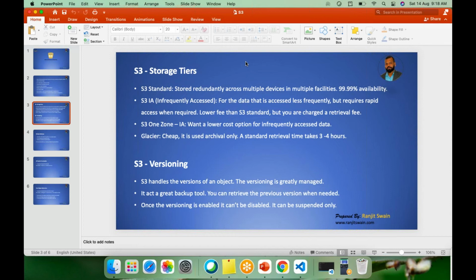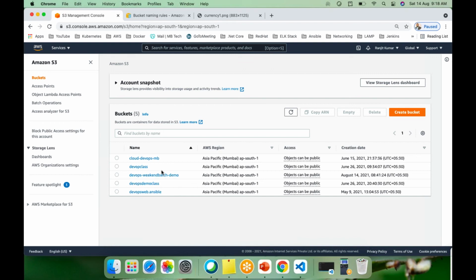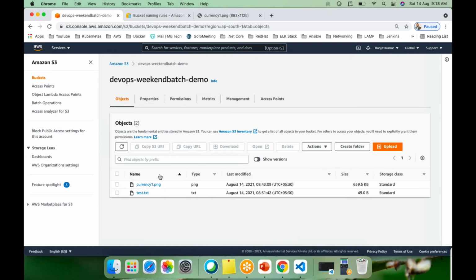That's why they are giving 100% availability. In case anything goes down, that data will be automatically replicated from the other region to the Mumbai region or other regions. The endpoint you are using will be automatically transferred to those regions. So they use this functionality to make your data available 100%.